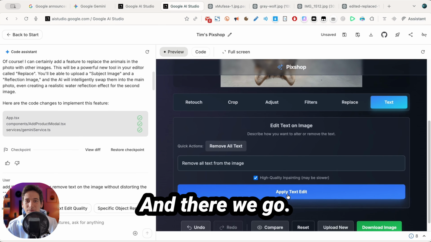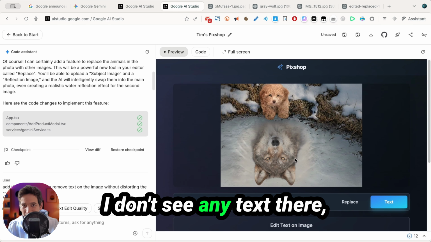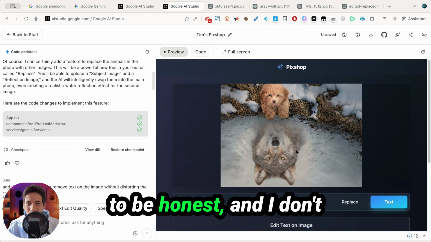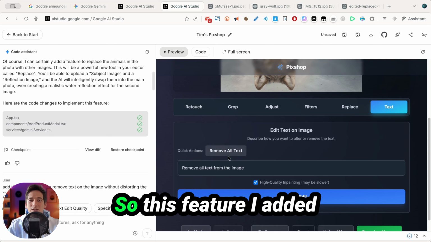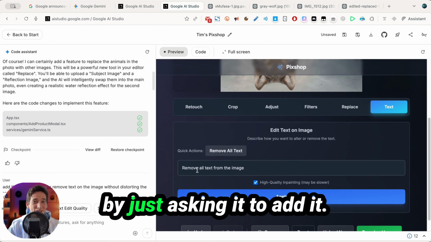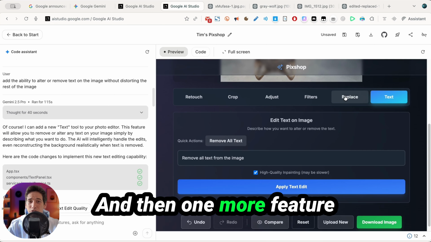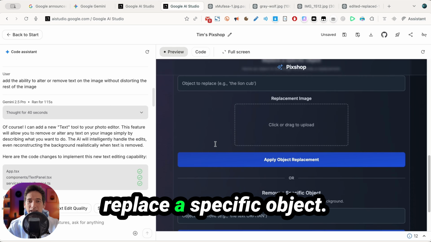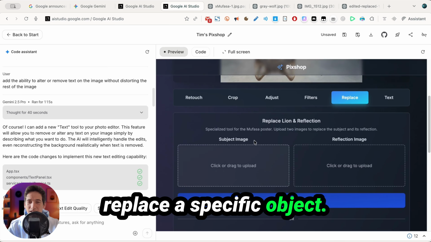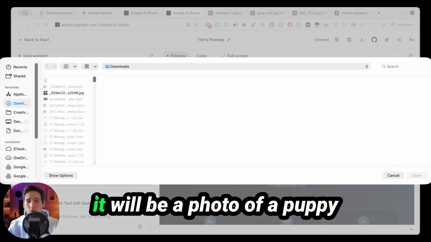Now, let's see if it works. And there we go. It completely removed the text. I don't see any text there, to be honest. And I don't think you will either. So this feature I added by just asking it to add it. And then one more feature that I can show you that I added personally is replace a specific object. In this case, I'm going to show you on a different photo, and it will be a photo of a puppy